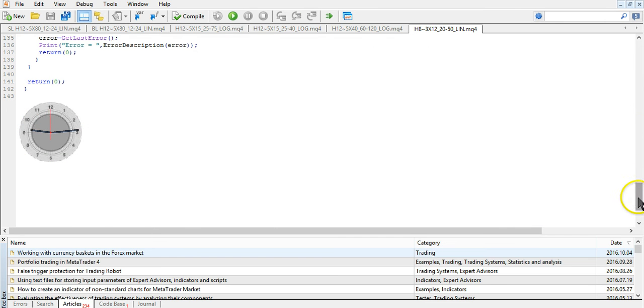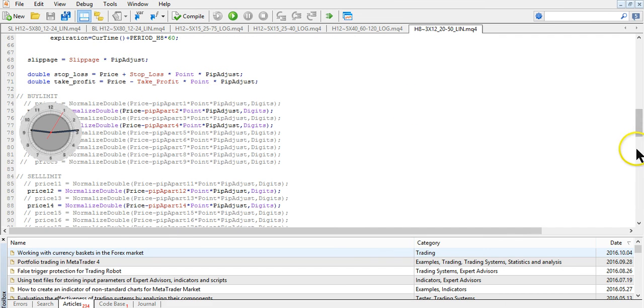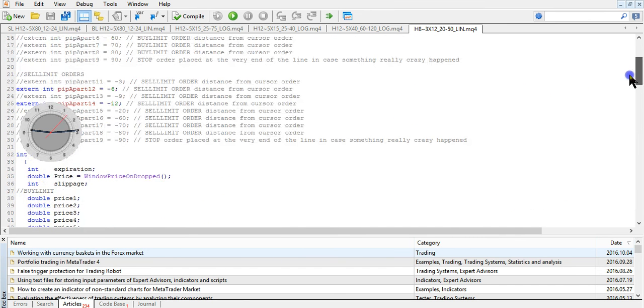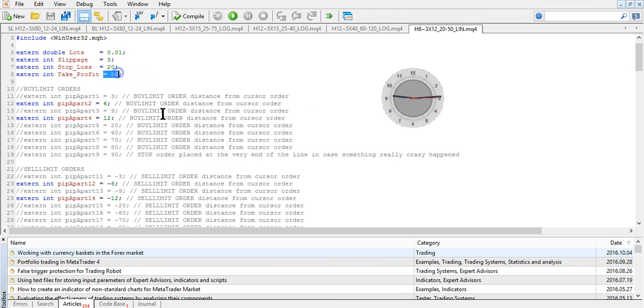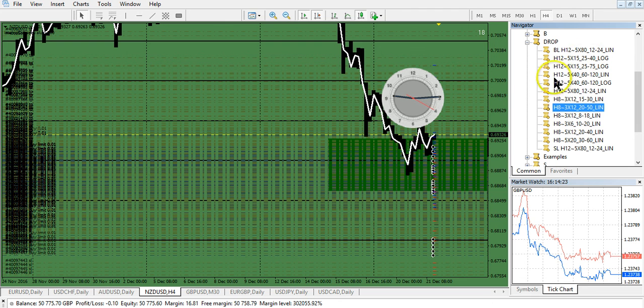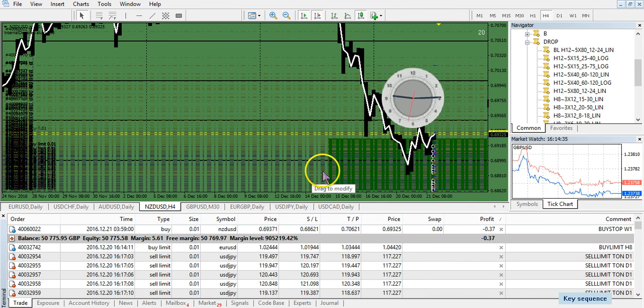So this is what it looks like. You can turn all these tickets on or off. I just filtered this down to a few here. In the span, you get your pip spacing here. Here's your risk-reward ratios, and here's the spacing of the grid. But I don't want to, so I'm down 16 cents here. So I'm up on these two. So if I hit the take profits key and I really do want to go flat,